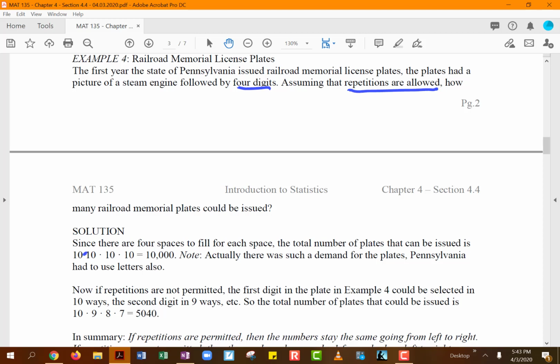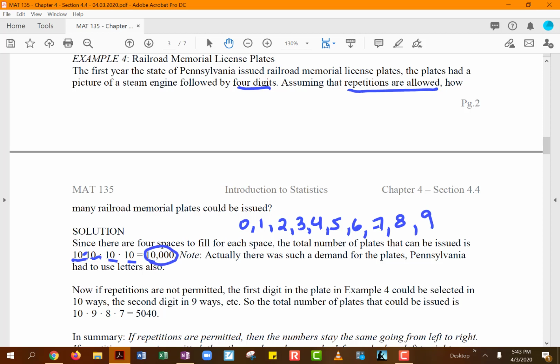Because you can have 0, 1, 2, 3, 4, 5, 6, 7, 8, 9. So these would be all your digits. And of course, that's a total of 10 digits, right? So that's why we are multiplying 10 times 10 times 10 times 10, which will of course end up giving us